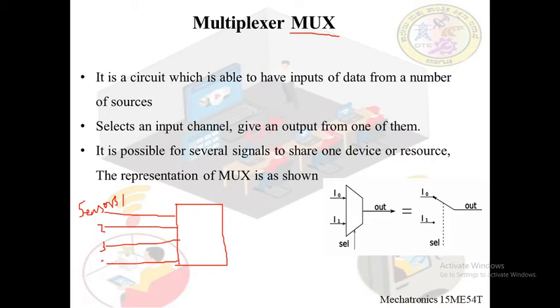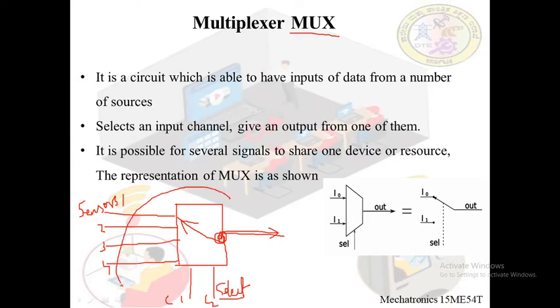And we have to select only one data depending on some predefined condition, that is defined by the select variable or the select input, let us say C1 and C2 or S1 and S2, and it will produce only one output. It doesn't produce only one output, it just selects one input to be given as the output. So we can understand this as a switching mechanism, wherein it just selects one input to be given out.